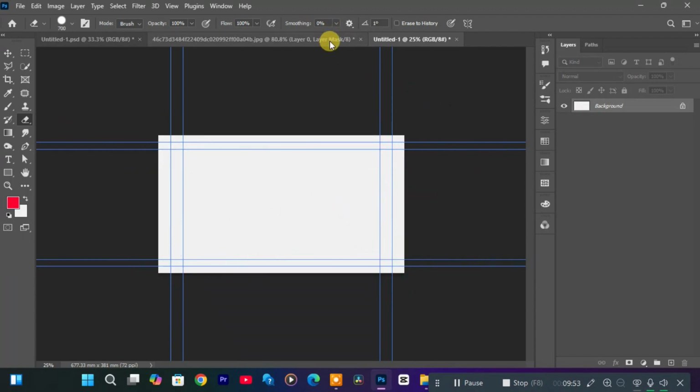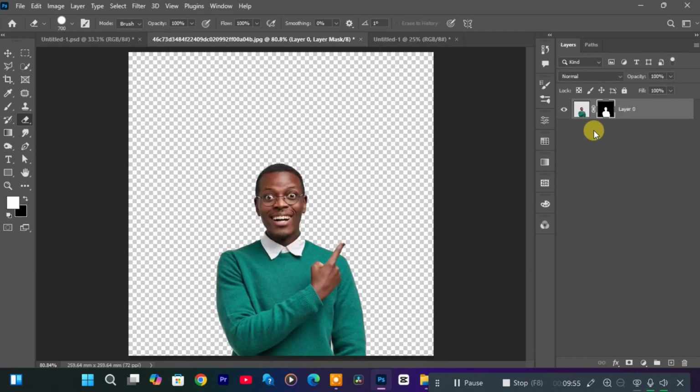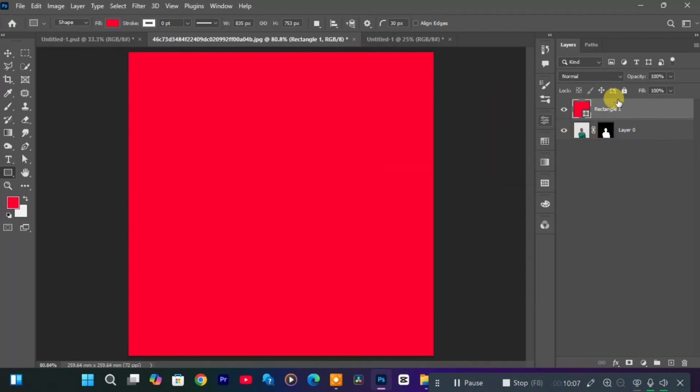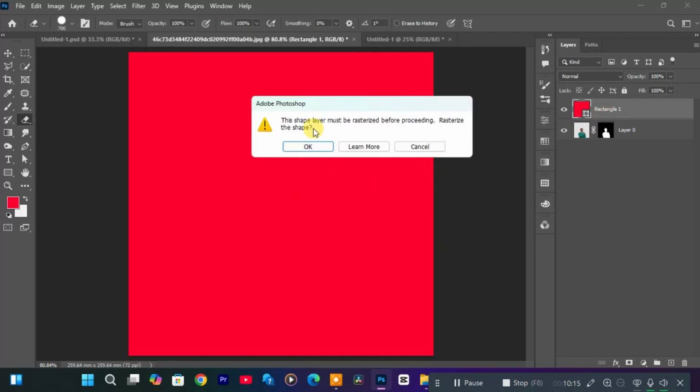Now let's look for another example. If I am to come here and let's say I'm to draw this, right? I am to draw a rectangle on top of my already existing layer. You can see that we have one layer beneath and we have one layer on top. So if I'm to select the erase tool by pressing E on my keyboard, you can clearly see that